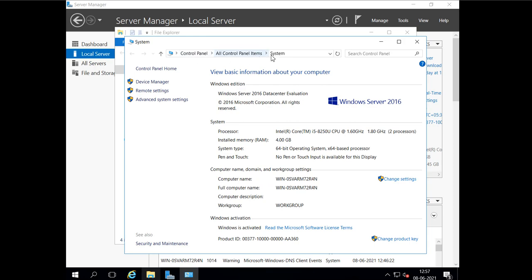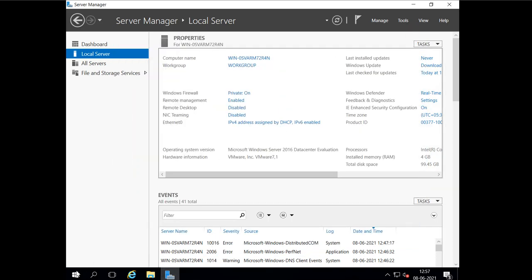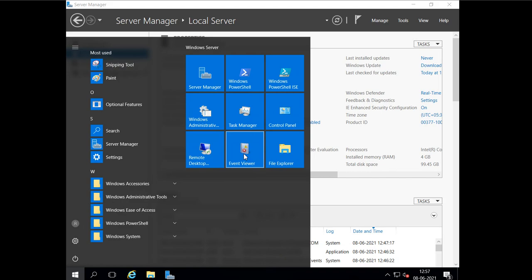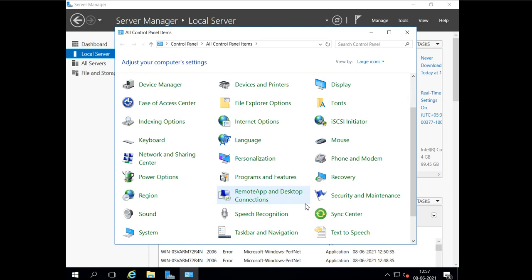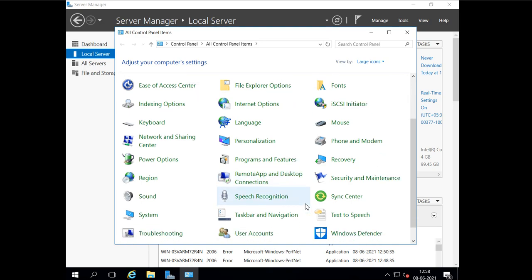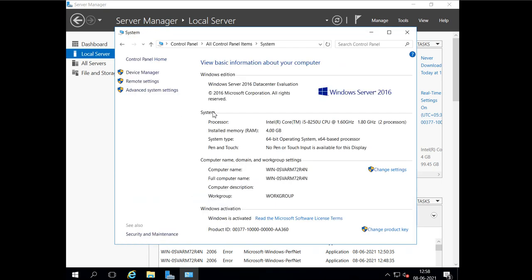So you go to Control Panel, select System, and then from here we can change the name setting. We select Change, and then we get this window where we can change the name.